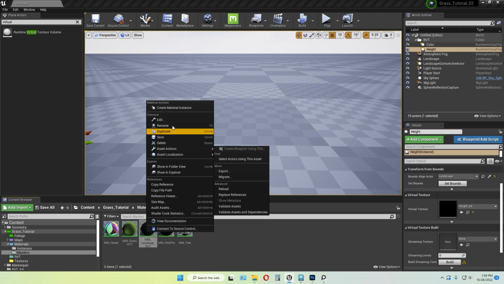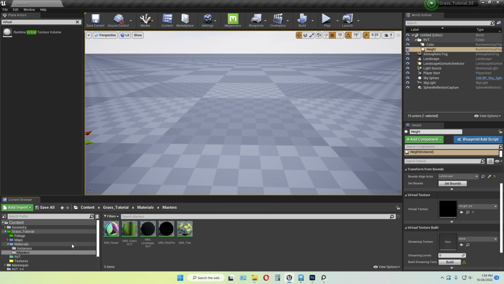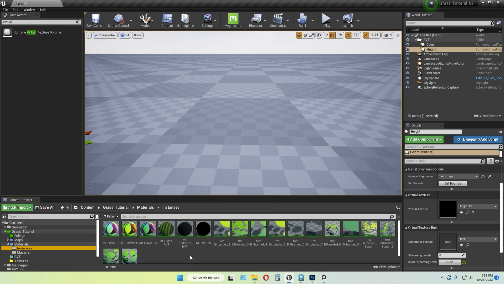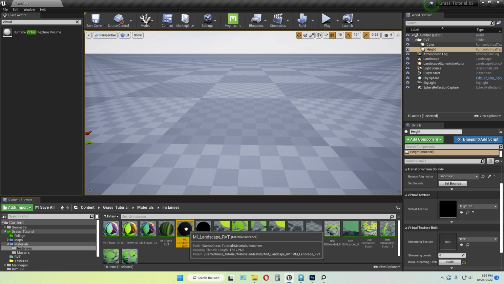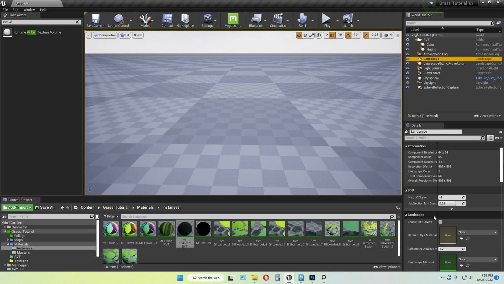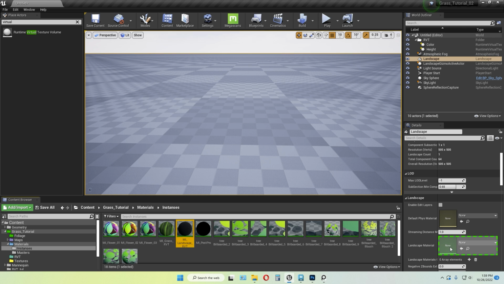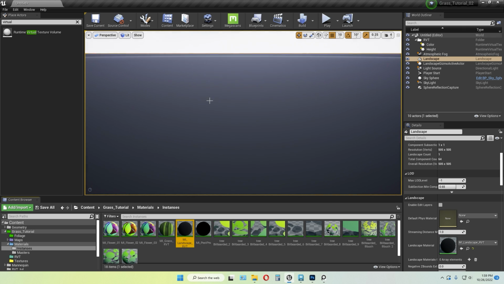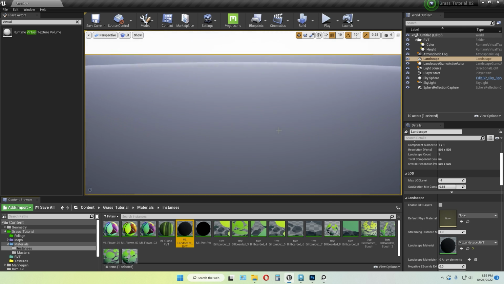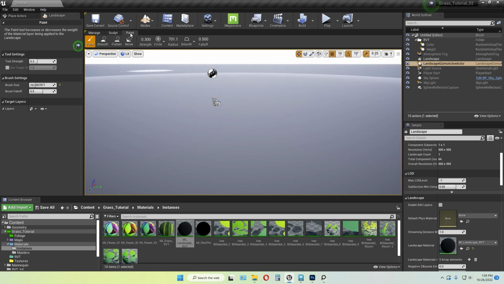Then we need to go here and create material instance. Here I have it already. Now we need to select our landscape and just drag and drop this material here. If everything became black, it means everything is good. Now we go to landscape, paint,